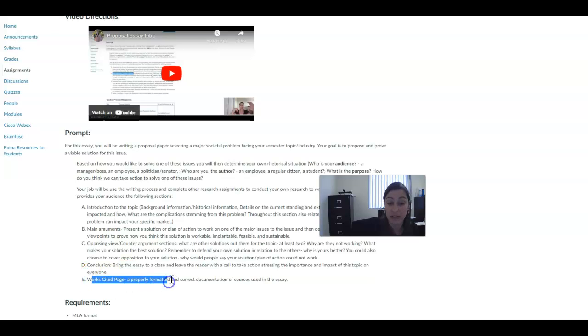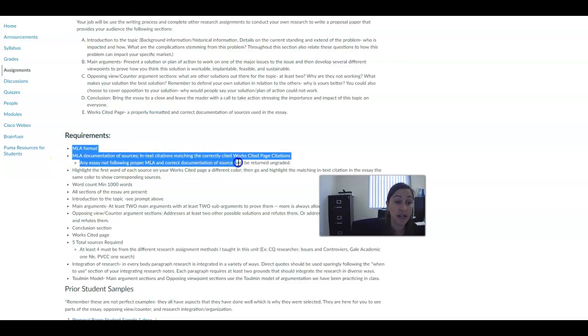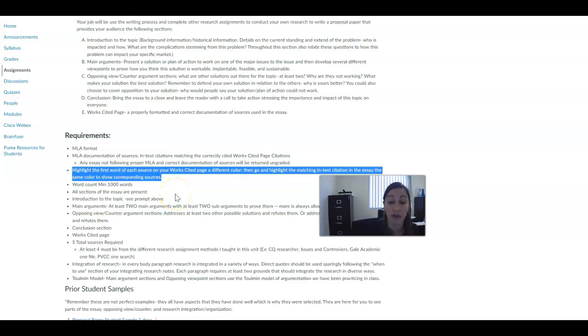And then, of course, we end with a works cited page because we want to make sure that we are not committing plagiarism and keeping that validity there. This is your requirements section, so it is important that we stay in MLA format. There also is a requirement in this paper that we highlight the first word of each source on your works cited page and then highlight the matching in-text citation. This is 1, your way of checking your MLA, and then 2, your way of showing me that you knew how to craft in-text citations and you can show me that your sources are matching and used properly in the